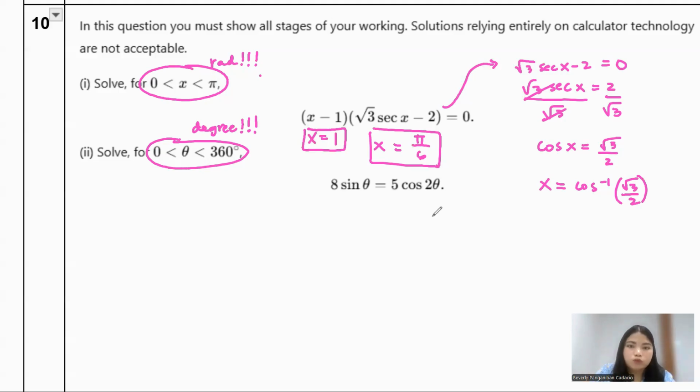Okay, we're going to do the same thing here, manipulate and so on. But there's a little problem because you have a 2 theta here. This is a double angle. And there's a list of double angle formulas that you can use. Find something in cos 2 theta, like the double angle of cos. There's a series in the formula sheet.